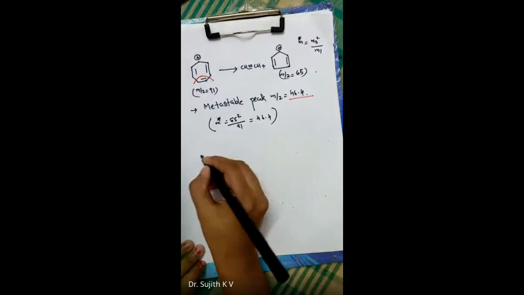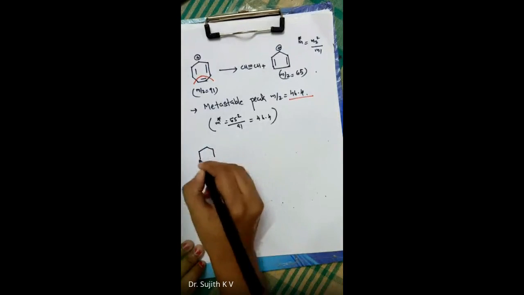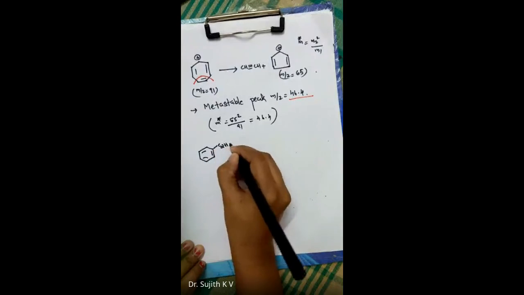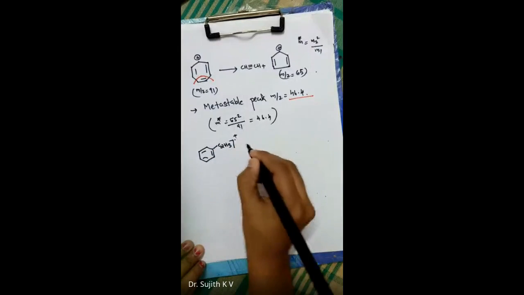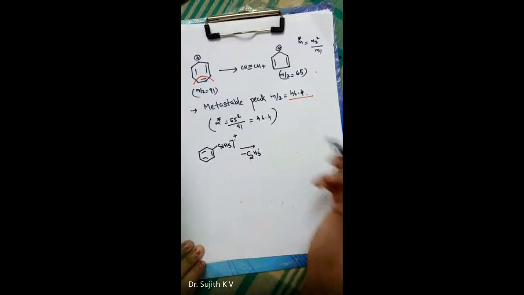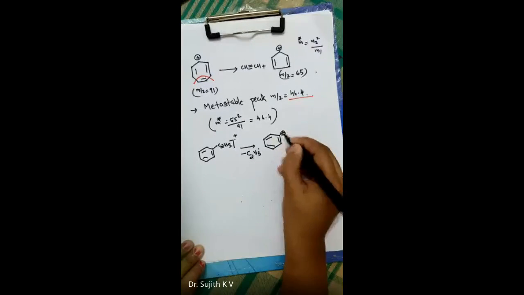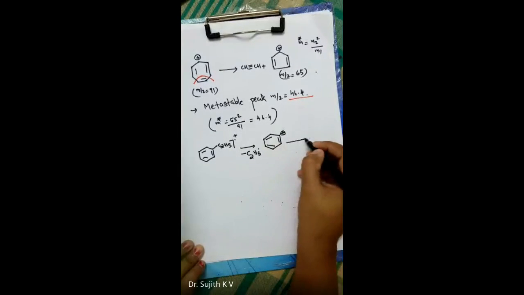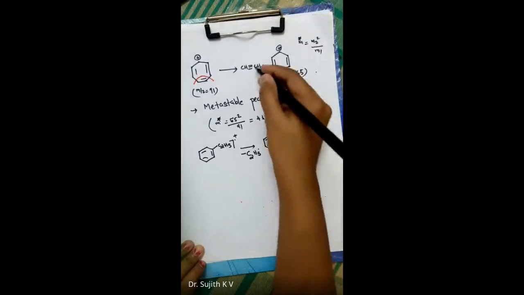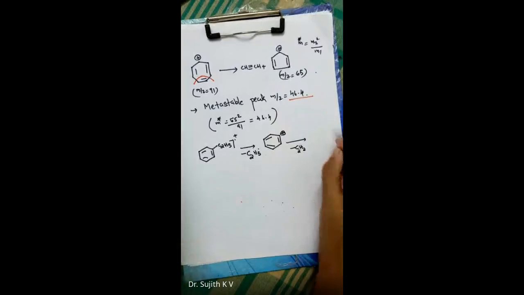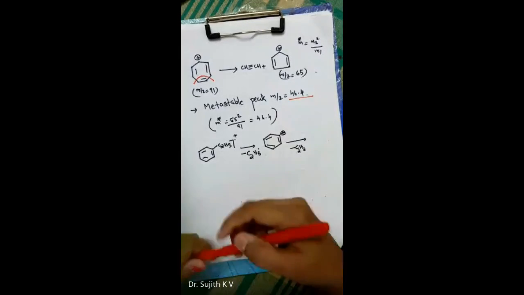And the second route is rather simple. In the second route, instead of methyl radical, ethyl radical gets eliminated, that is minus C2H5 dot. If that is eliminated, you are left with a benzene ring with a positive charge, and from here, as I have explained, an acetylene molecule, C2H2, can be eliminated like this,